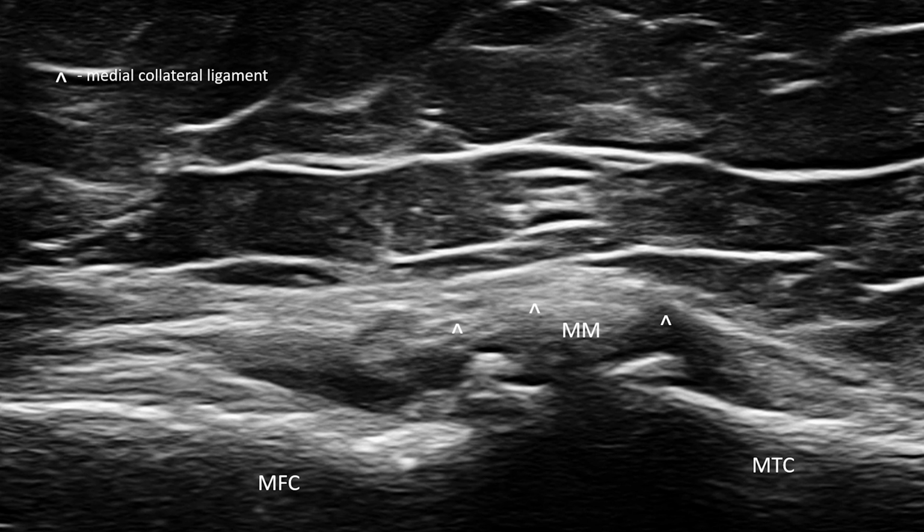Here, cartilage itself is not directly visualized. However, the medial joint space is narrowed. Marginal osteophytes are present. The medial meniscus is degenerative and extruded beyond the joint space, clearly tensioning the medial collateral